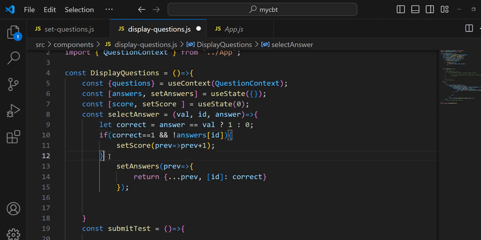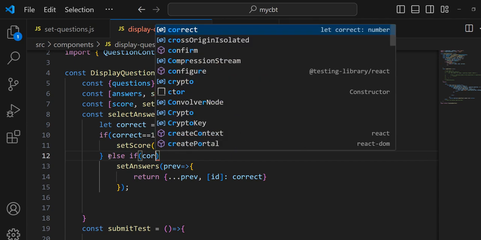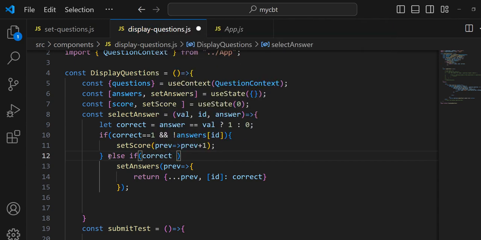Okay. If correct. Okay. If correct is 0, that is, if not correct, and